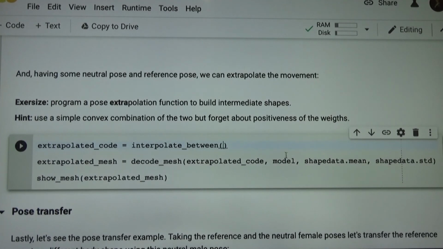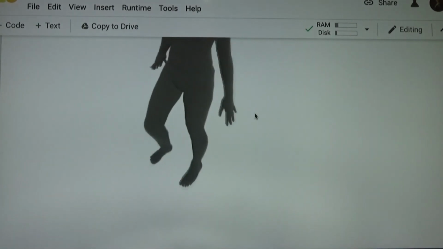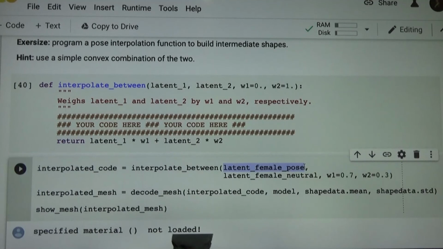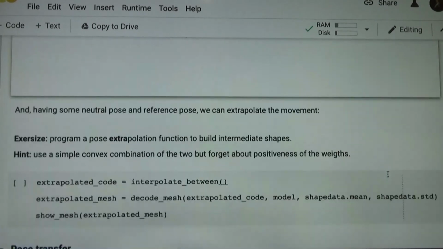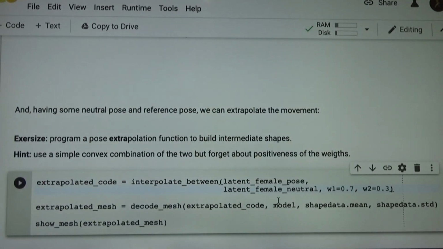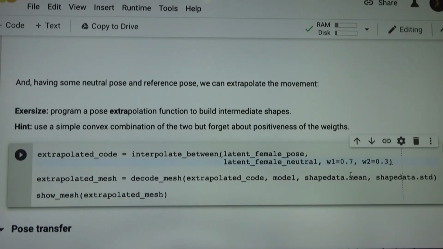What we do is we copy the code from here, and instead of computing a convex combination, we compute the same convex combination but forget about positiveness of the weights. So for instance, you could compute a linear combination or an affine combination